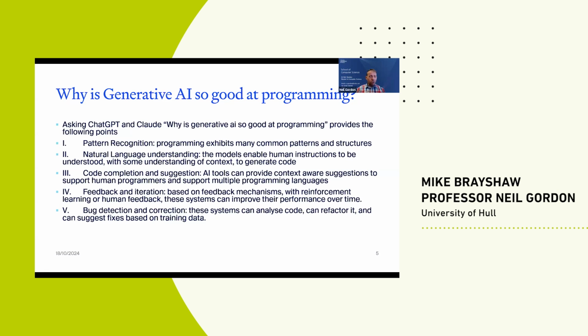They're also very good at things like bug detection and correction as well, because they're not as prone to the sort of clerical errors, the reading errors we make as humans. I think there's an estimate that humans on average make something like 6% of errors in clerical tasks. So if you're writing a program, chances are that 6% of the time you'll be making some sort of error by maybe putting a plus sign for a minus sign, mistyping something. Some things compilers will identify, many times they won't. Whereas these systems are very good at analysing code, refactoring it now. Again, they're getting better at that, more complex tasks. And for things like bug fixing, we're getting good as well.